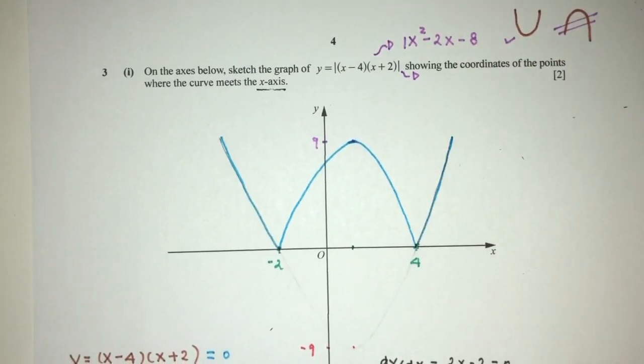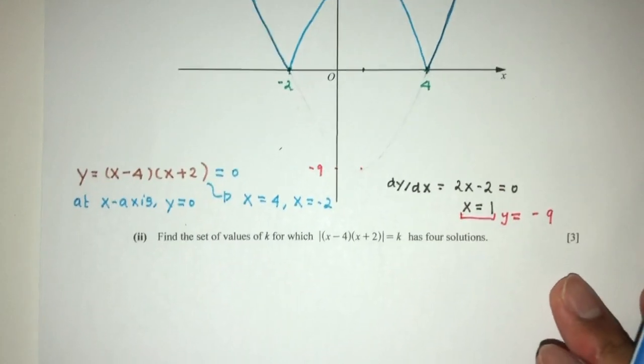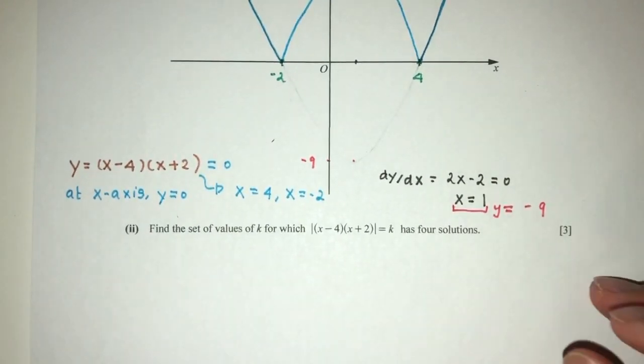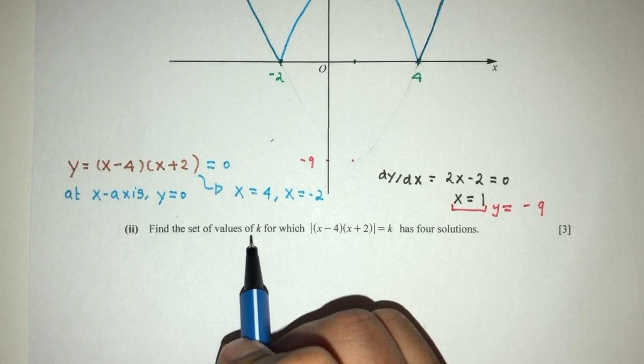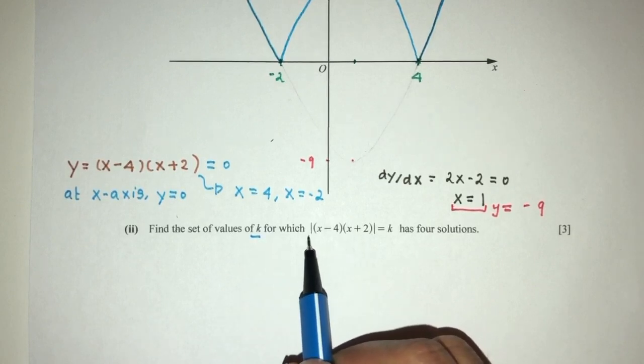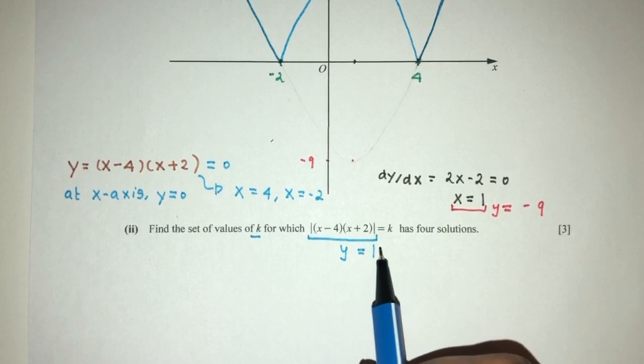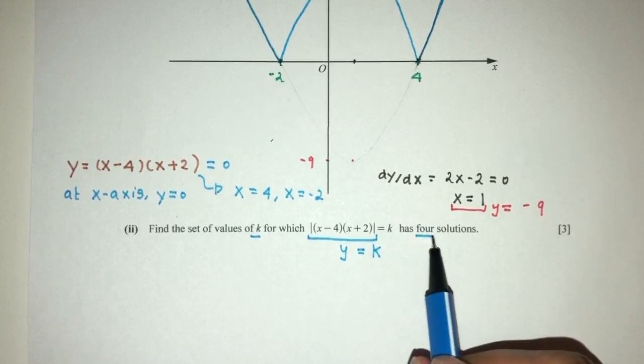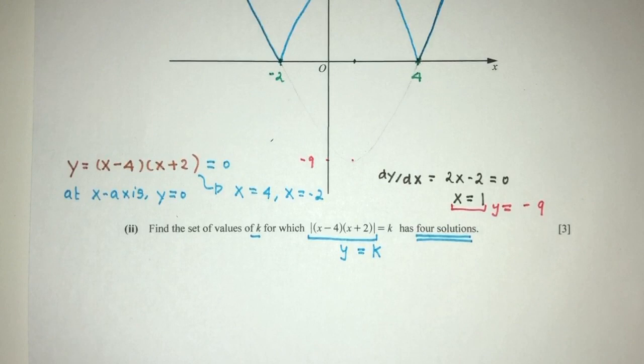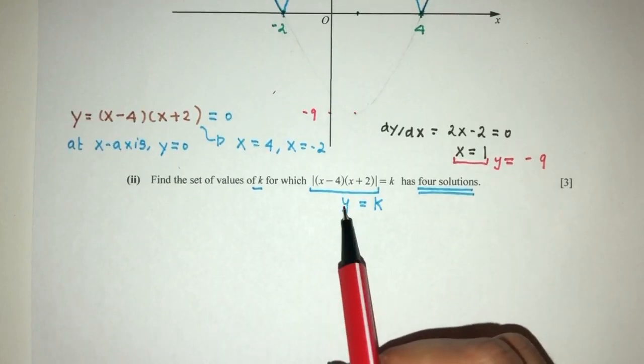And that is your question, part 3.1. Now for part 2, we have to find the set of values of k for which this is what? This is the graph that we have just seen, where y equals k has 4 solutions. So very easy. The thing we are thinking about here is that, first thing, how would you draw a